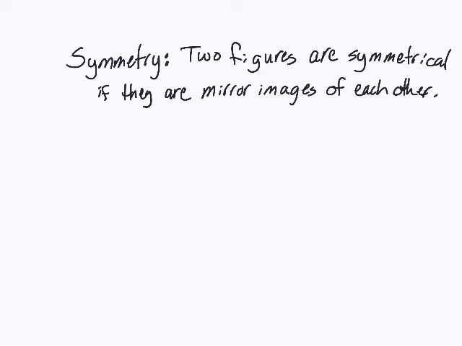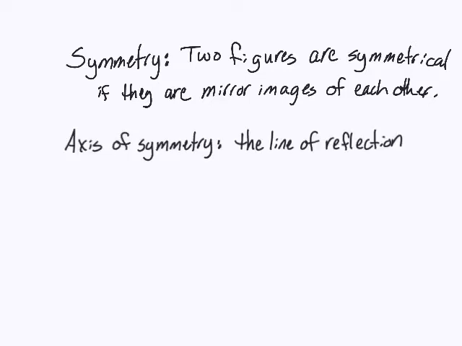And then these symmetrical images will have an axis of symmetry to them. Okay, so an axis of symmetry, we're going to define that. And that is essentially the line of reflection. So it's the line that the pre-image is reflected over. If I have a point A and I have an axis of symmetry or a line of reflection,